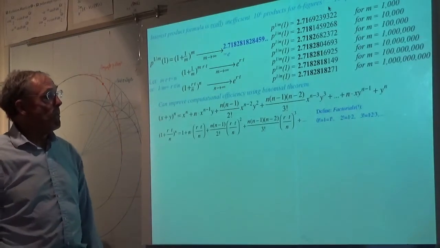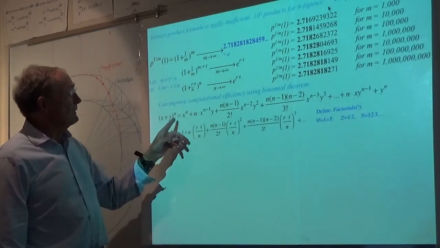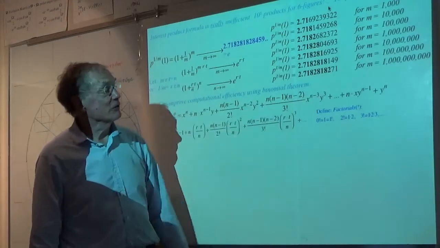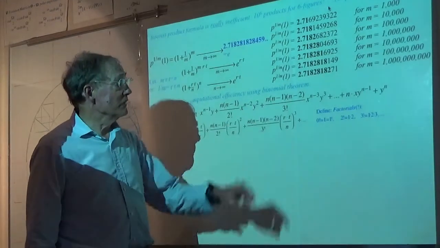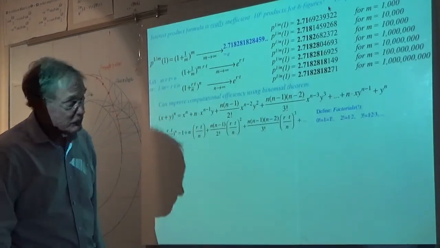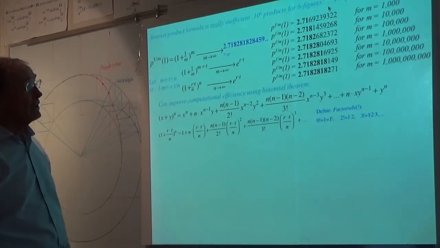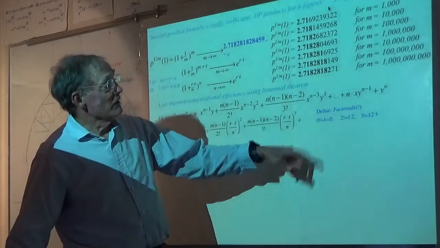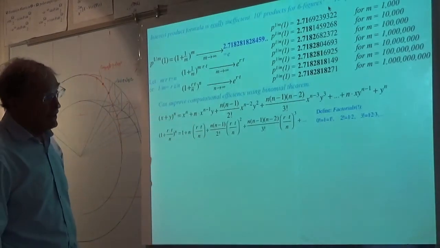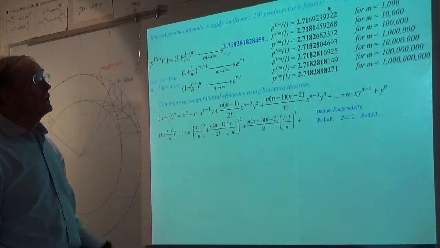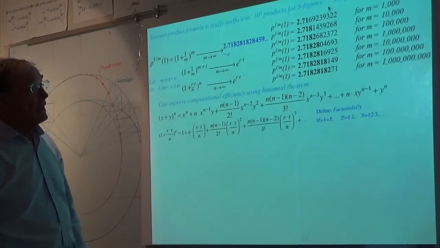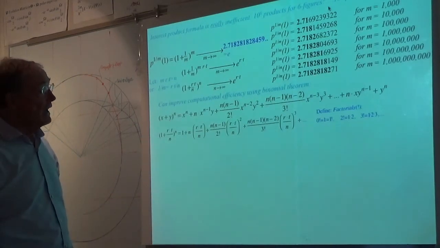And you see what I'm getting, of course, are the coefficients of the binomial. It has a factorial, 1 factorial, 2 factorial, 3 factorial in each of the cases. Remember what factorials are. 0 factorial and 1 factorial are equal, both to 1. Then they start to grow very fast.